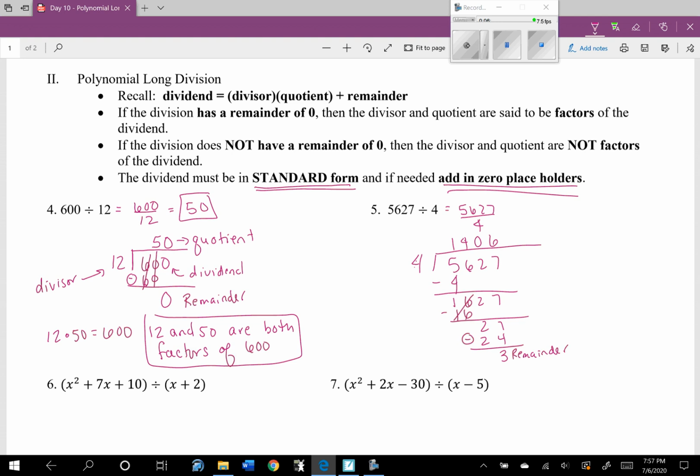So for this, you could, of course, write this as 1,406, and what's left over, 3/4, and 3/4 because of that 3. And so for this, that means that 4 is not a factor of 5,627 because the remainder